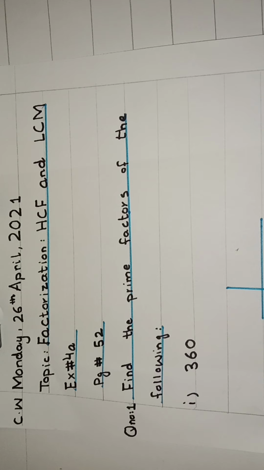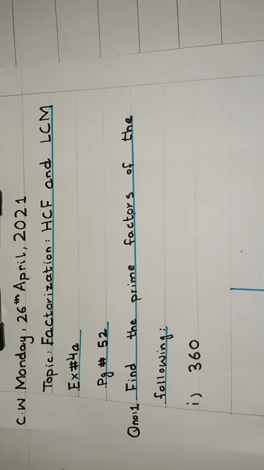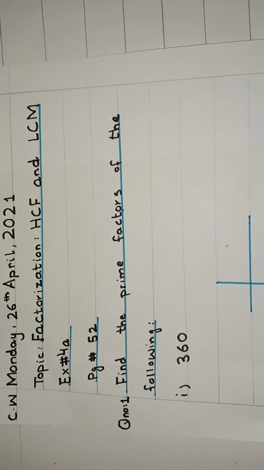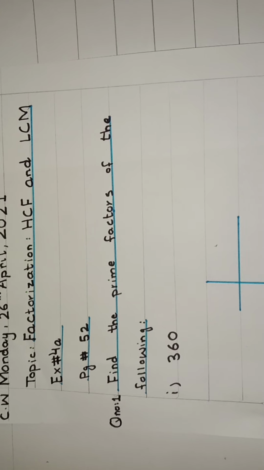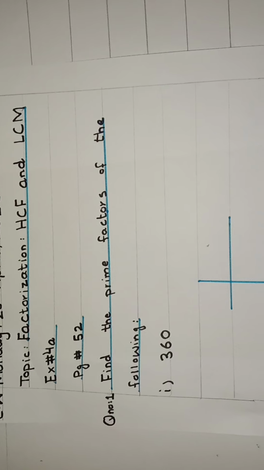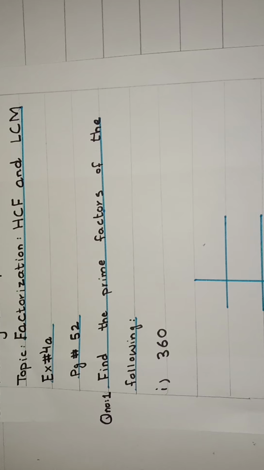Today in question number 1, we will see how we can break down a common number using the prime factorization method. We use only prime numbers 2, 3, 5, 7, 11, 13 and so on to break down a number. And for breaking down a number, the most important rule is that we have to start from the smallest table.